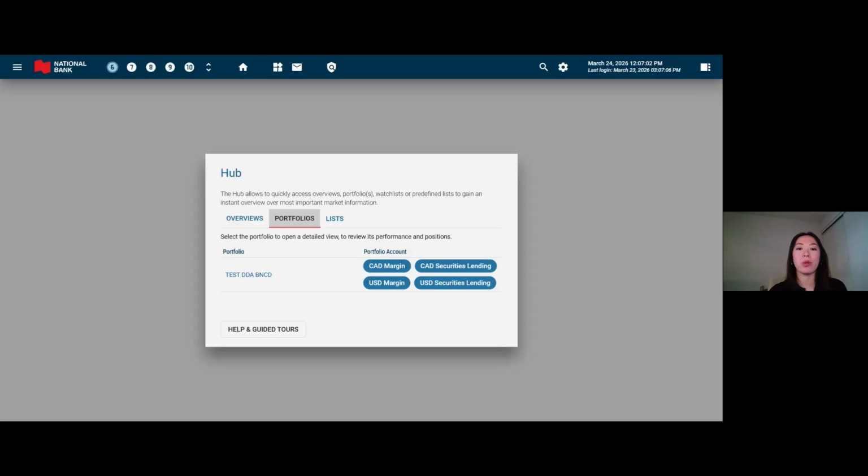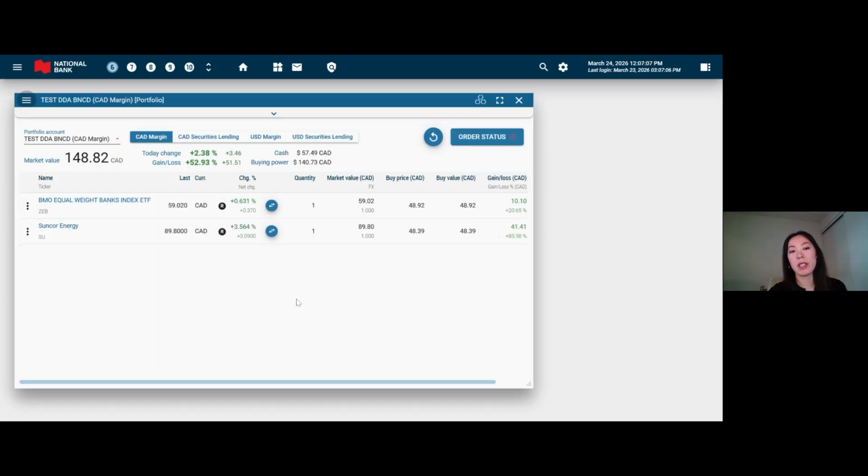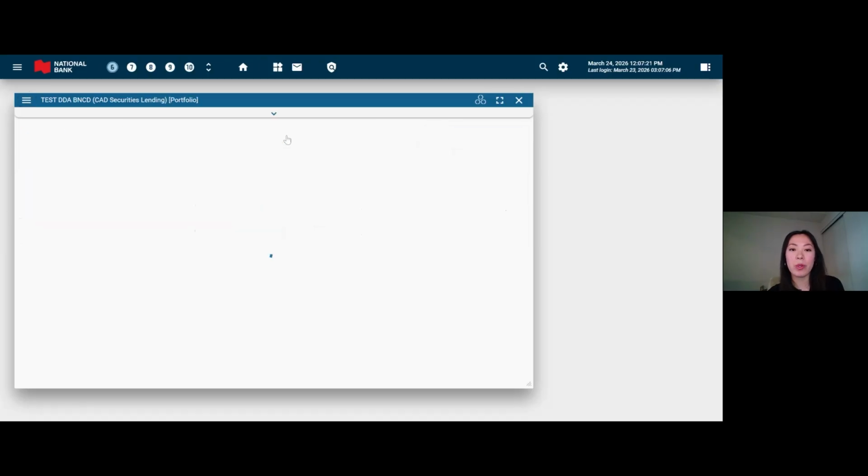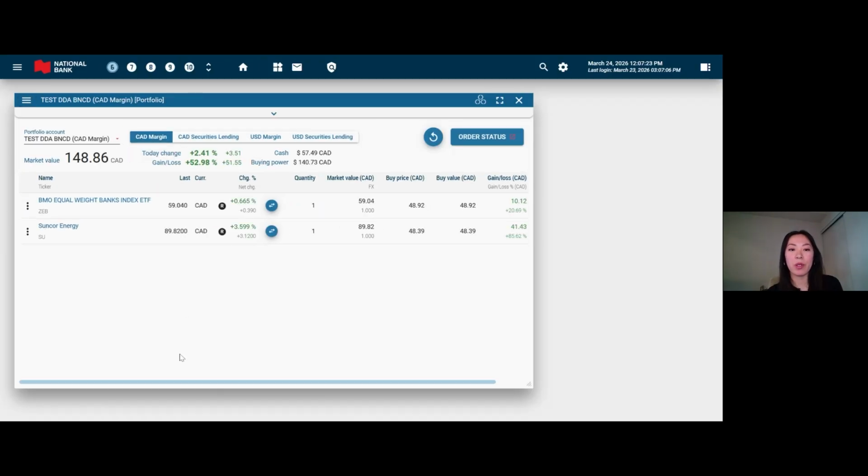show your own accounts in your own workspace. So once you click on portfolios, you can just click on your name and it will show up as all of your portfolios, all of the holdings within each of your accounts. So you'll notice that all your accounts are on the top and you can just cycle through in order to see the different holdings. For the purpose of the test account, I only have holdings in a Canadian margin, but